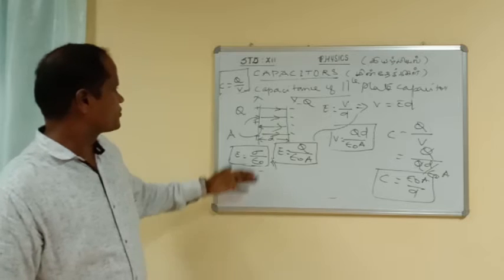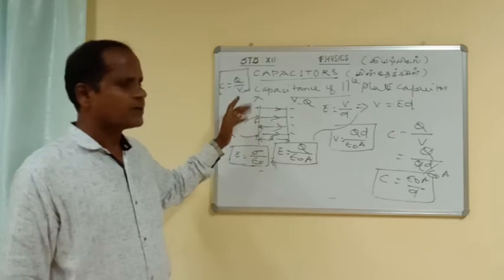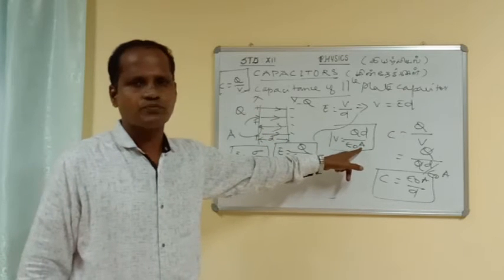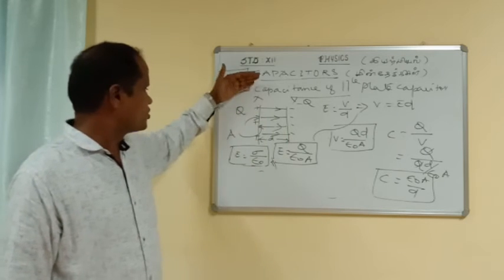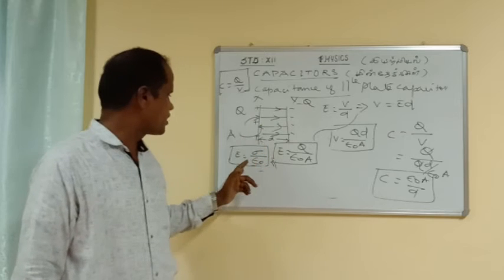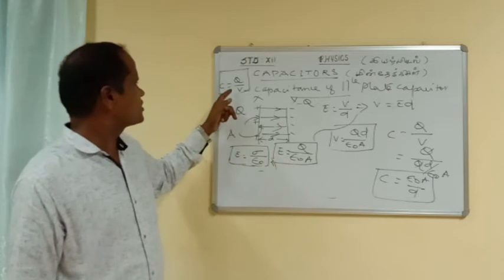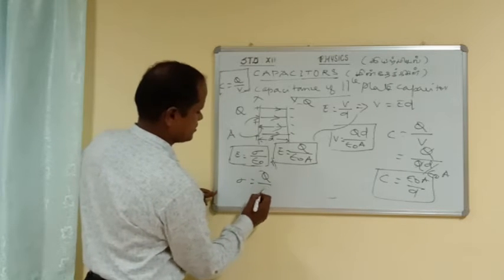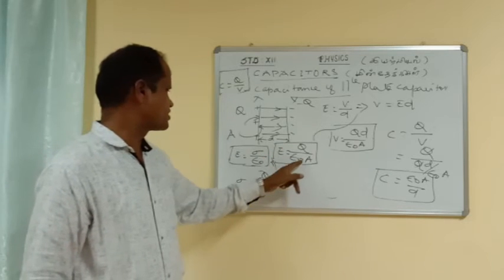Okay. So first take these two plates, and the area of each plate is capital A. Capital A is the area of each plate. Q is the charge on each plate. You know the formula for the electric field between two parallel sheets. Here E is equal to sigma by epsilon naught. But you know sigma is what? Sigma is equal to charge by area. Then substitute the value here. So you can get this one.